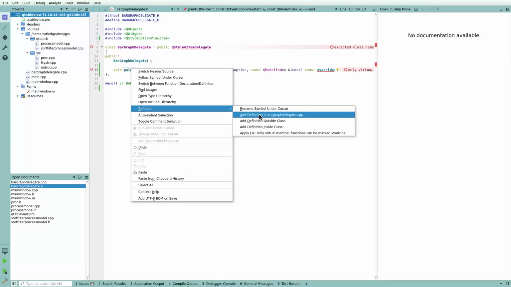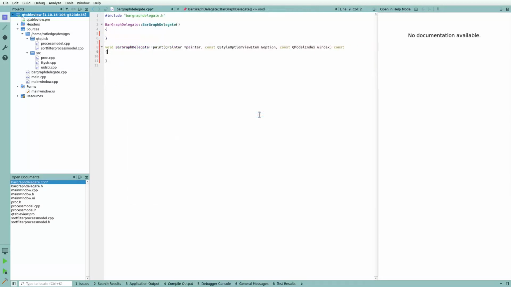You can right-click on the refactor menu, add a definition to create the function, and then we need to start creating this function. And I'm going to take a shortcut because I've already done this once,